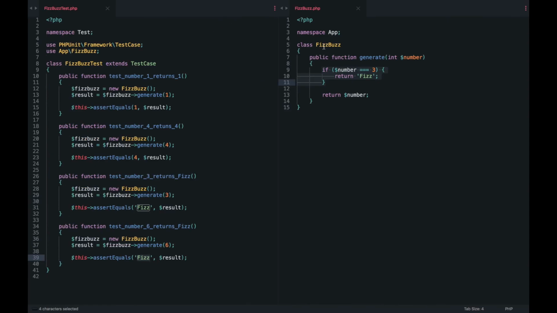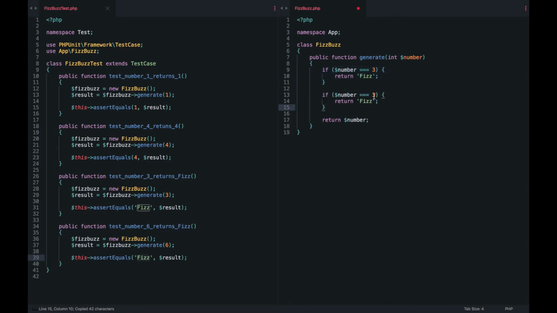Good. So that's because it's coming here. Is its number 3? No, then return number. So let's write the minimum amount of code for that. And now I think we could write another conditional.